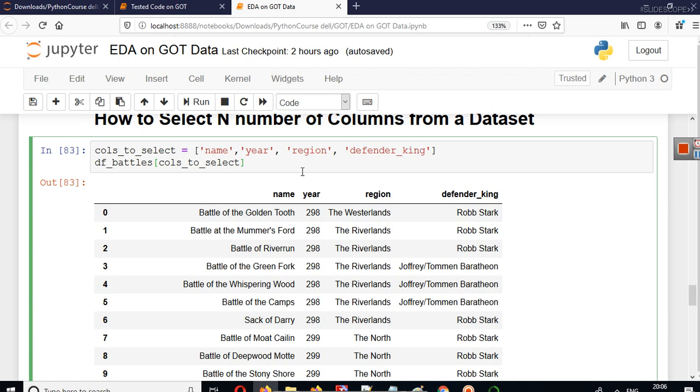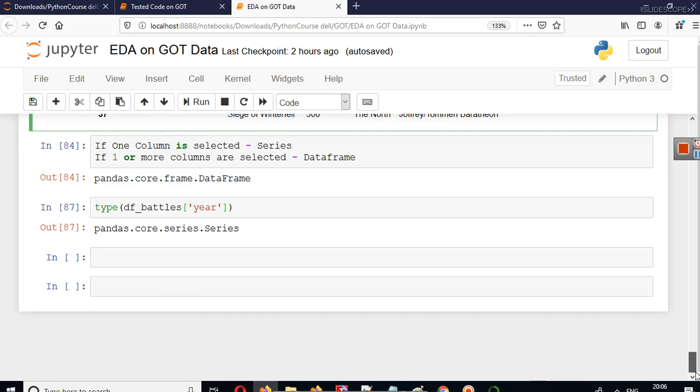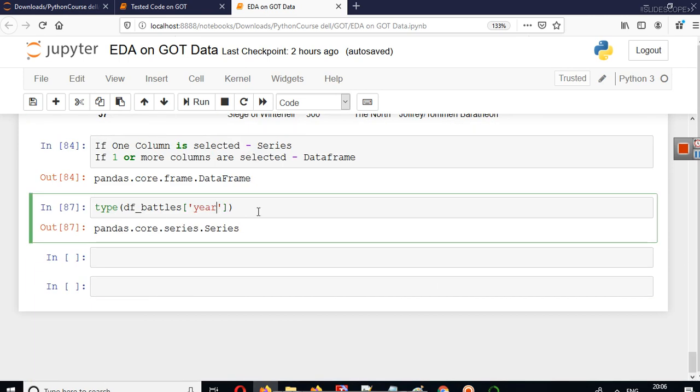If you want to select multiple columns, you just have to write the name of your data set, and then use two square brackets, and then you can type any number of columns here. So let's say we want to select year, and let's say name.